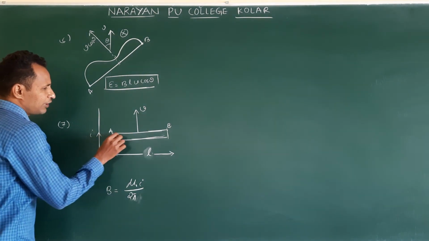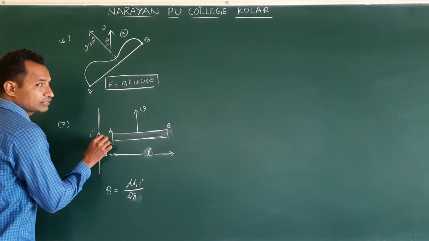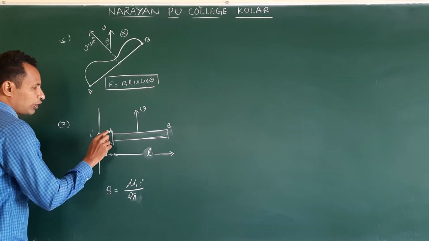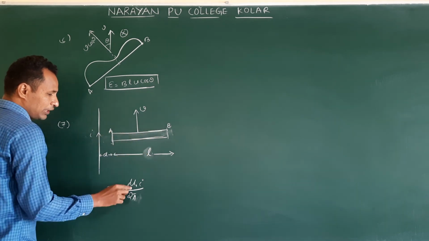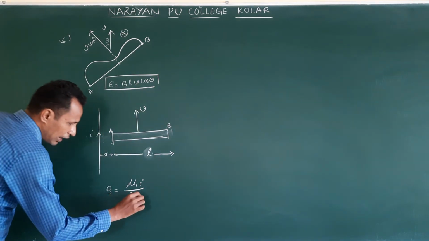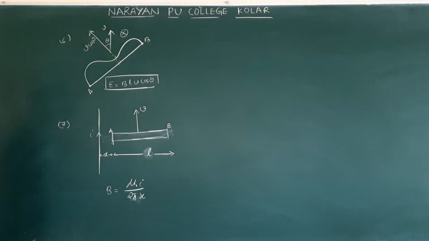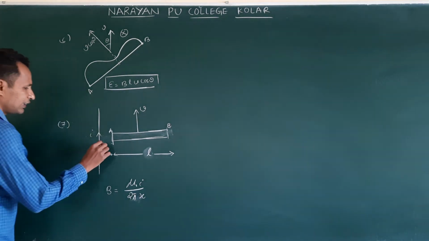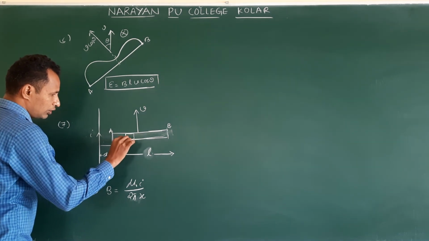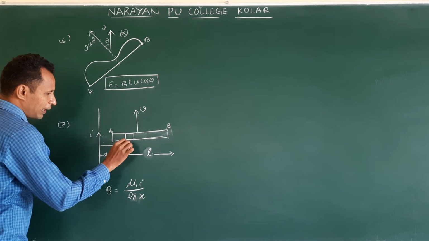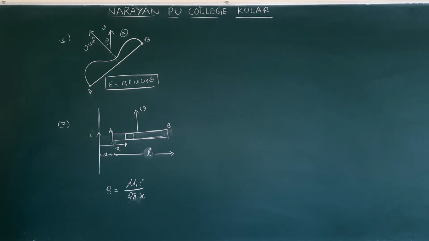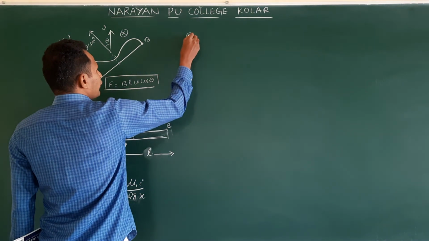Okay? So in this region, the magnetic field is not constant. It varies. Reason: as we move away from this conductor, as we move from end A to end B, B is not the same because the distance from this wire is changing. That's why I am taking an arbitrary length x. Let us say I take the point here. Here is x. At this point, the magnetic field is mu naught I by 2 pi x. Clear?